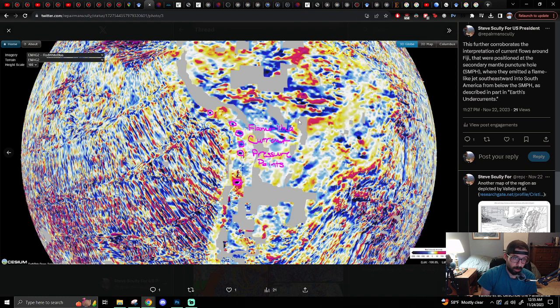Blue is regions where current flows. So these are like regions that had the mound material extracted from it because there's this flame-like current flowing into it and just removing these little spaces, almost like